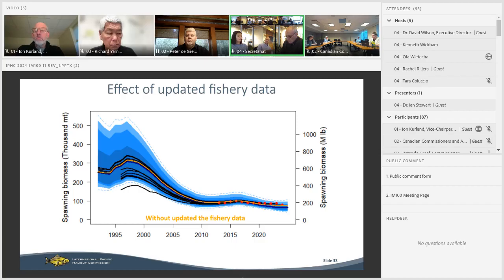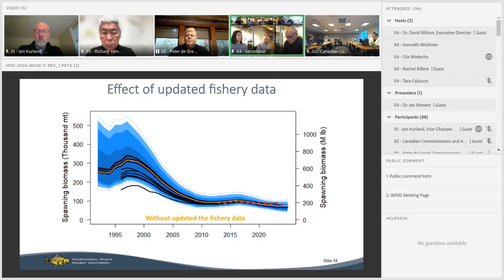So what we did was we put all the data sources in, including the fishery independent survey, the age composition data, and the updated mortality estimates for 2023 and 2024, and then just took out the fishery data on its own. You see this gold line here represents the spawning biomass trend that we would get with all of the updated information except the commercial fishery data. And that's very consistent with the results we had last year. It's in fact going through that red point at the end of the time series. So what this tells us is that the fishery data alone is giving us a signal that the stock must be a little bit lower than we thought last year.